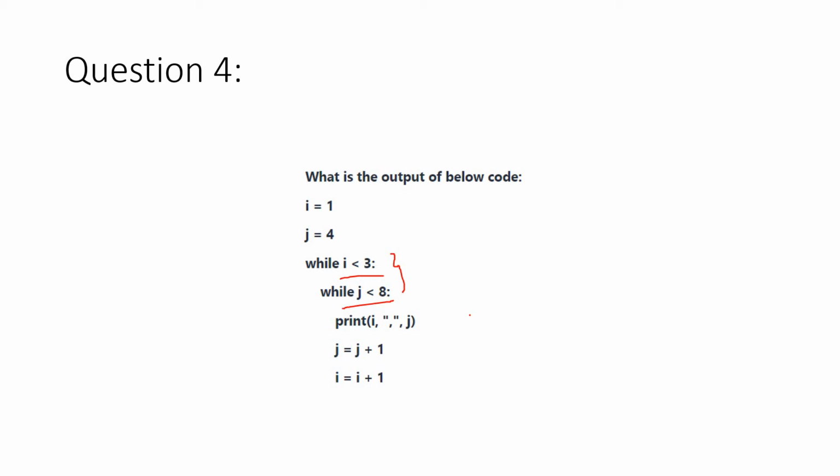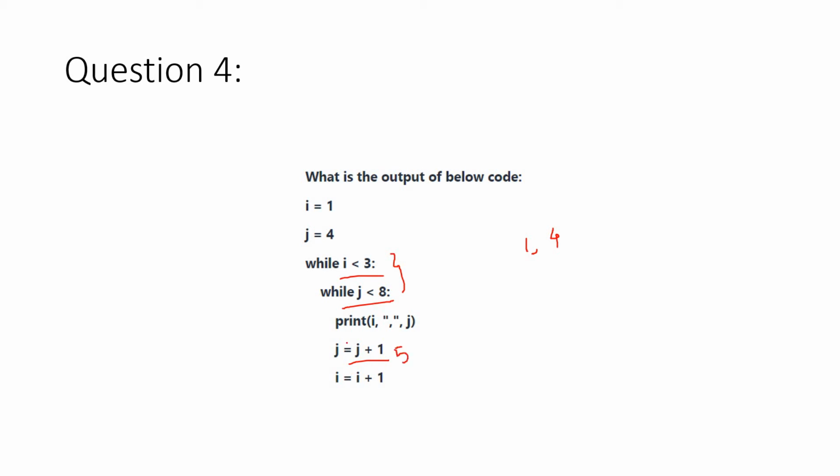Think for a while. So see, very simple, i equal to 1, so 1 less than 3, yes, the condition is satisfied. While j less than 8, j value is initially 4, so 4 less than 8, yes, it is satisfied. Print i comma j, so the initial values are 1 and then j is 4, okay, it will be printed. Then j equal to j plus 1, j value will be updated, so j will be 4 plus 1,